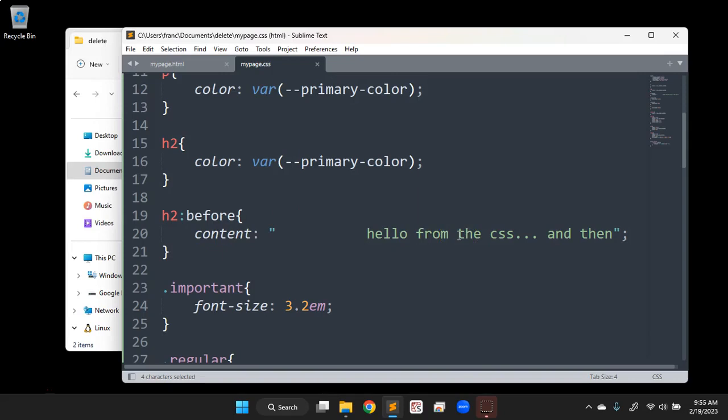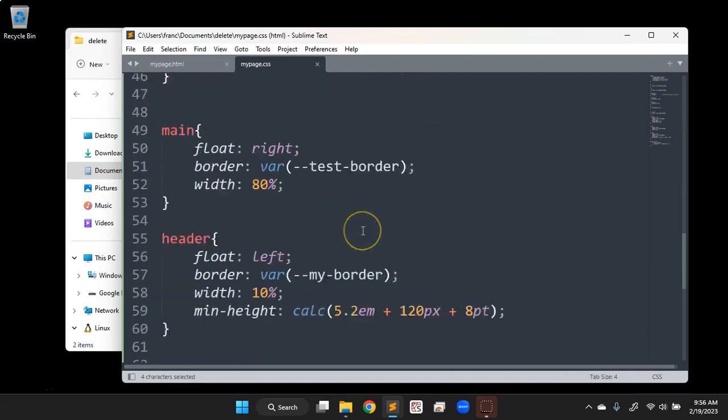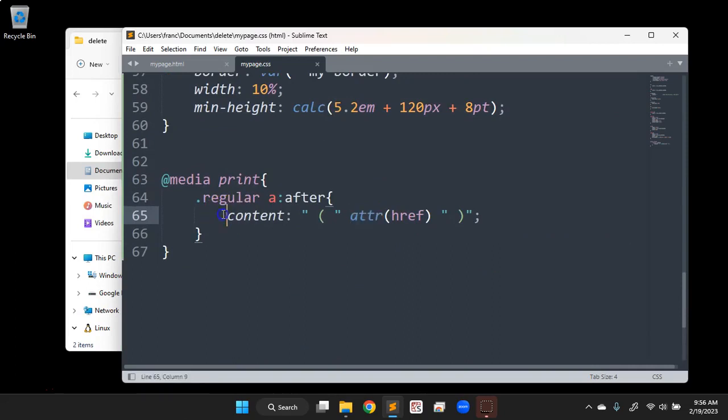So that's 3 very useful things, either not covered or barely mentioned in our textbook, that I would recommend playing around with and seeing where you can work them into sites and get some practice with those, because they will be incredibly useful. And this last one, adding the URL after a link when it's printed onto paper, is just a really, really nice thing to do to anybody that might ever print your page. So that'll give you a couple things to play around with. As always, it's an active subject we learn by doing. So see if you can work that into some of your